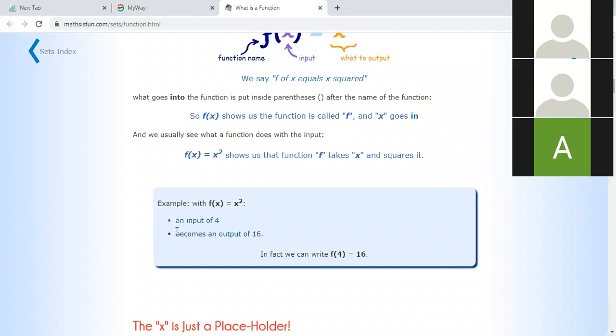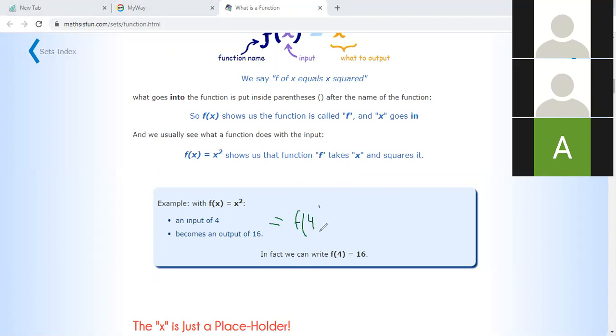Let's suppose we have given input, x is an input. When we have an input equal to 4, अगर हमारे पास if we have an x value of 4, ये देखिए, like this, it becomes f of 4 is equal to 4 square, which is 16. It means put the value in the place of x. X की जगह पर आपने 4 लिखा like this,